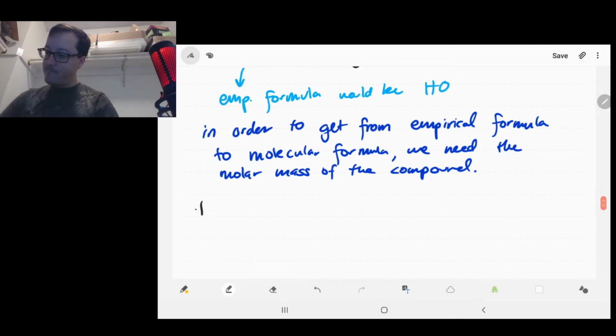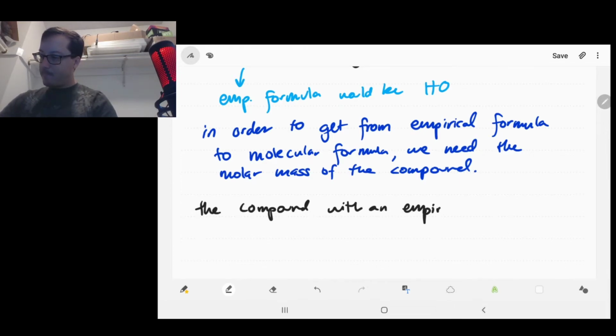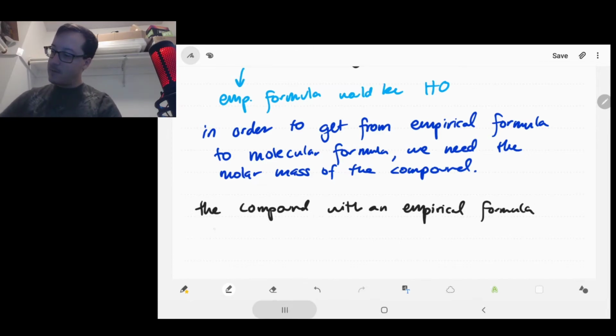For example, the compound with an empirical formula, I'm giving us the empirical formula this time, I'm going to make it a little easier. HO is found to have